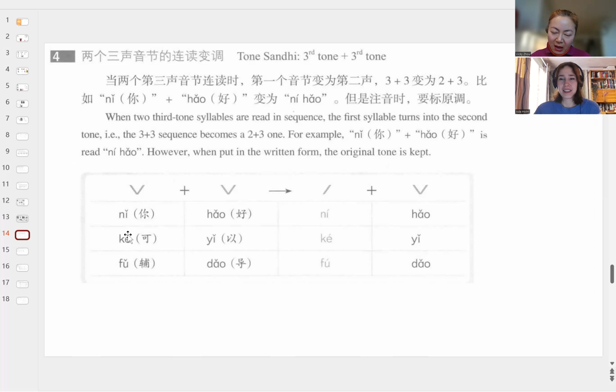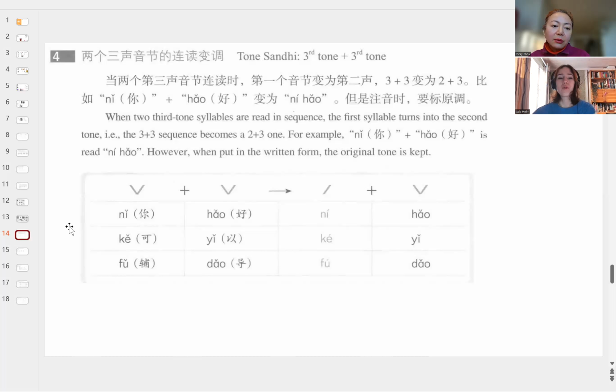Instead we say 你好啊。好的，Ada continue。可以，we don't say 可以, we say 可以 with a second tone. Then 辅 and 导 become 辅导。辅导 means coaching, coach. 辅导好，good 啊。